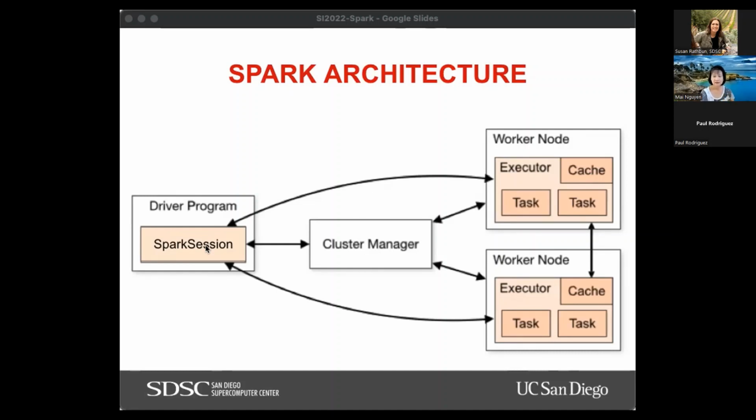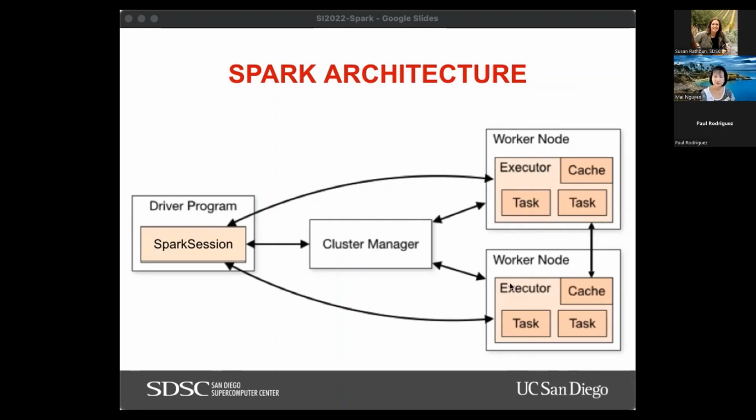The driver is responsible for driving the application, so it's responsible for maintaining information about the application, responding to the client application, returning results, getting input, planning, and coordinating the execution of the program. It also distributes the work to the executors that are running on the worker nodes.